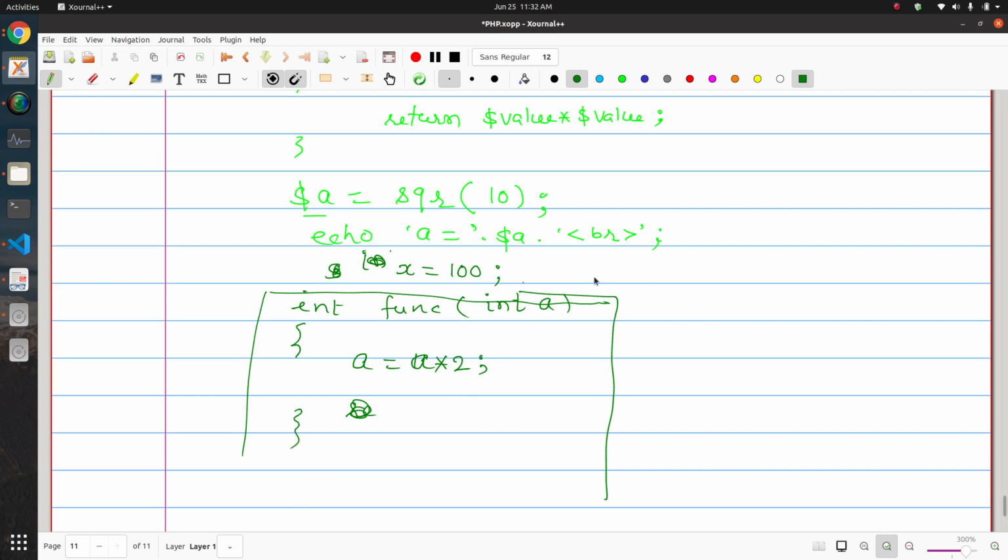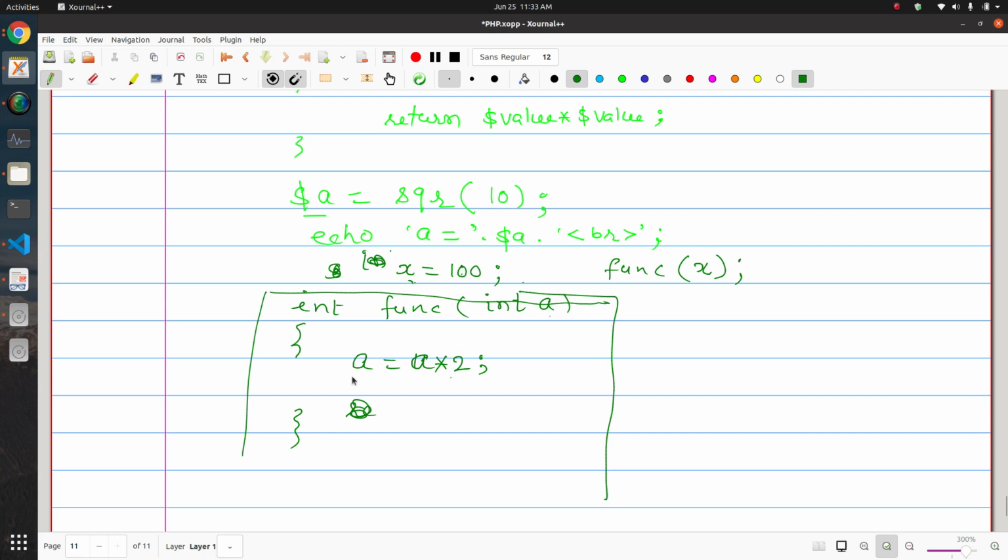And now once you call this function, let's say like that, func, and you pass x to this function, and just done. When you see that, you might be expecting that x should be 200 now, but it will not happen. Why? Because you are not passing the variable x. Actually you are passing the value contained by the x. So you are passing just 100, so it will become 200, and a में 200 आ गया.